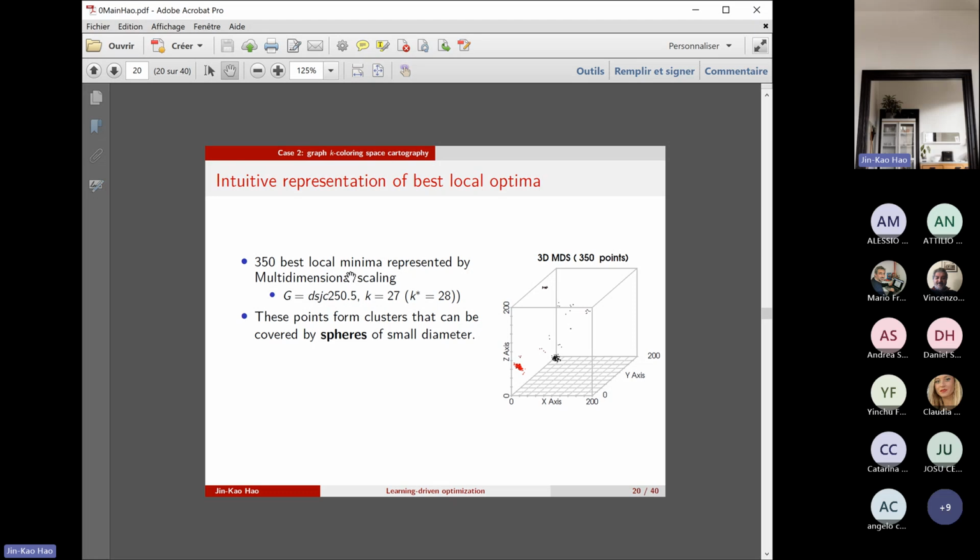And we will plot, I will use the tool MDS to project these solutions in a 2D space, in a 3D space, as you see here. So now we have a direct visualization of these solutions. So all these points